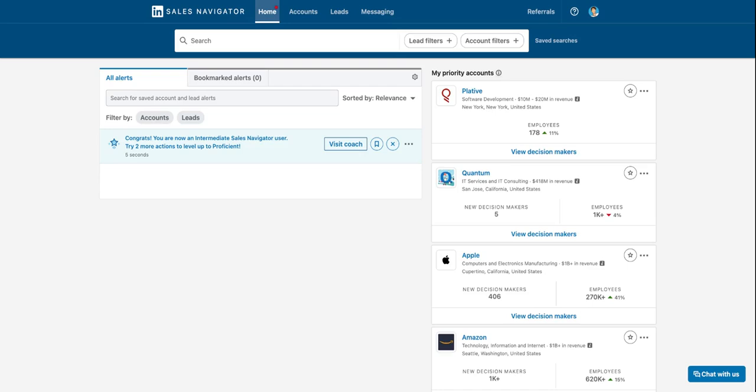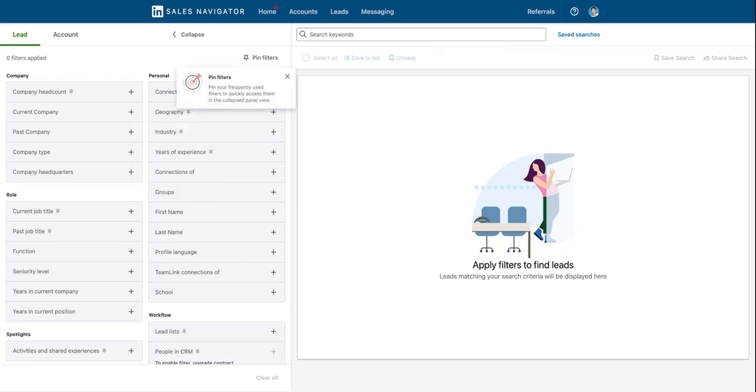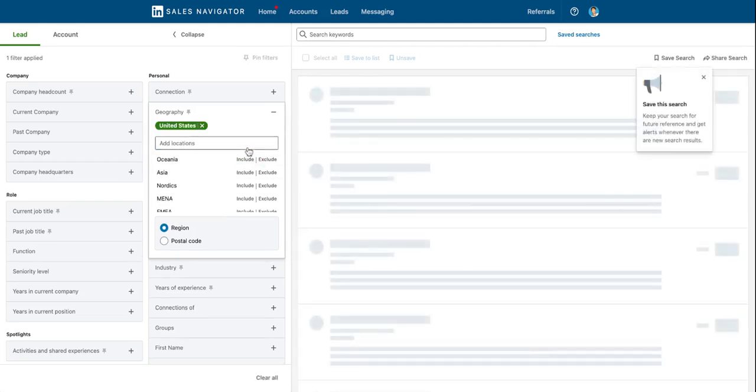So what's happening here is this is the homepage of LinkedIn Sales Navigator. From here, you essentially just go to the search function and you start to create some filters. So I'm going to go ahead and do that. Now, as you can see, there's nothing right now, but let's go through the exercise. So I personally just care about finding leads that are in the United States,